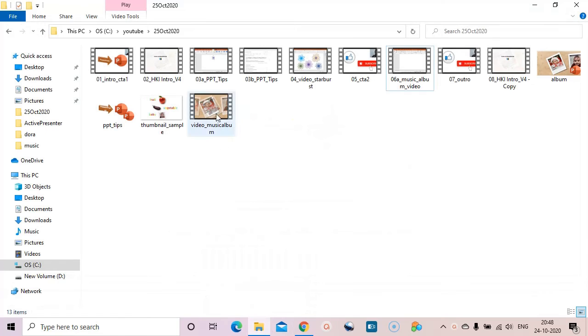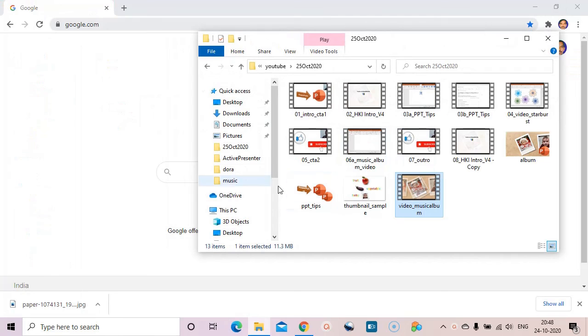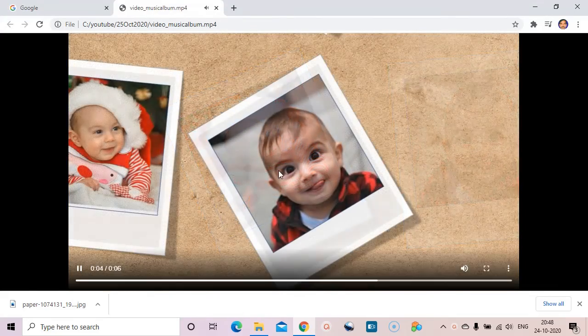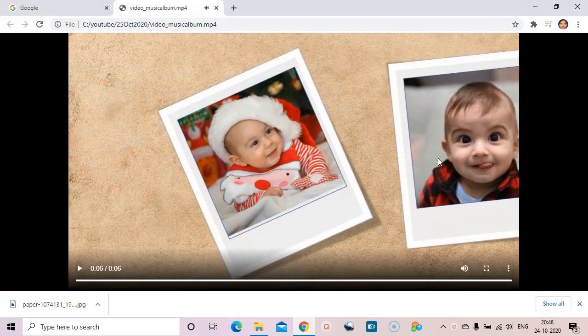So once this video file got generated, which is an MP4, we don't need any software like PowerPoint or anything to run this video. You can run this with any media players like VLC media player or Windows media player or anything. Even if you do not have any software, just drag it into any web browser, it will play for you, because all web browsers have a video player, media player by default.